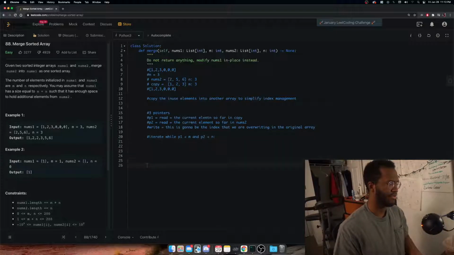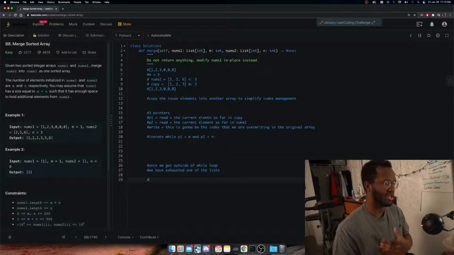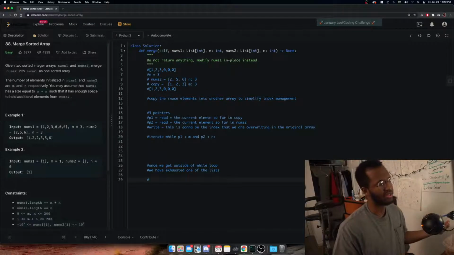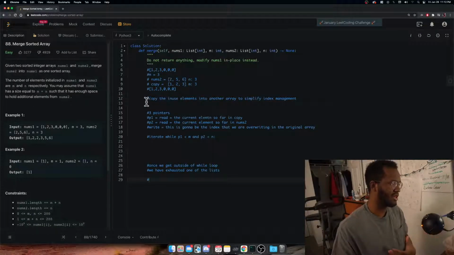So once we get outside of the while loop, we have exhausted one of the lists. If this is going to be a given every time, if we get out of this while loop, we've exhausted one of the lists. But the thing is, if we've exhausted one of the lists,